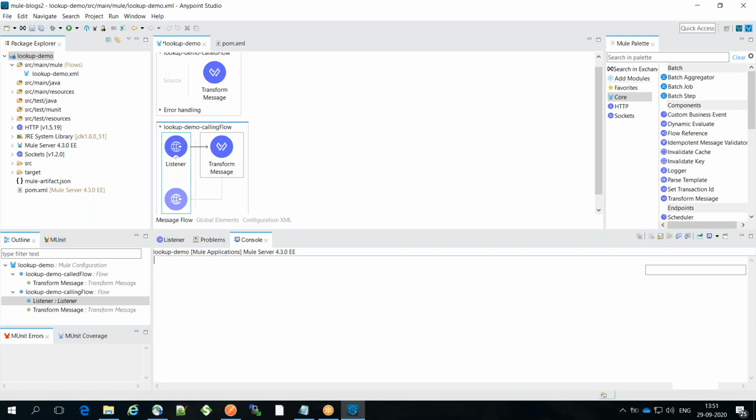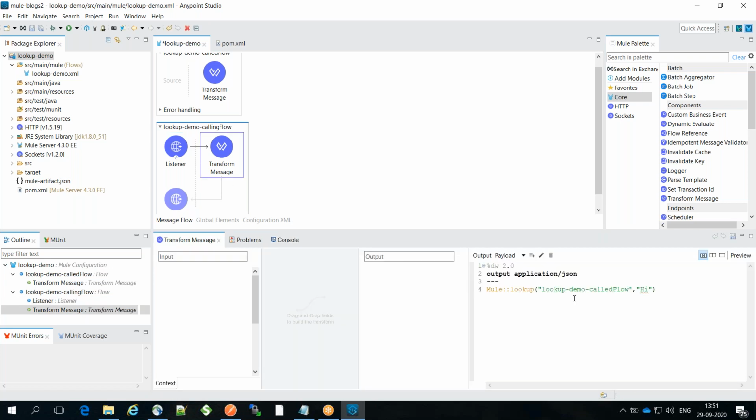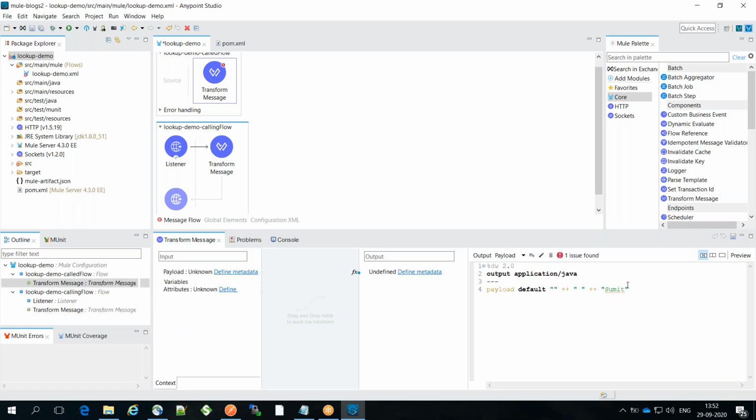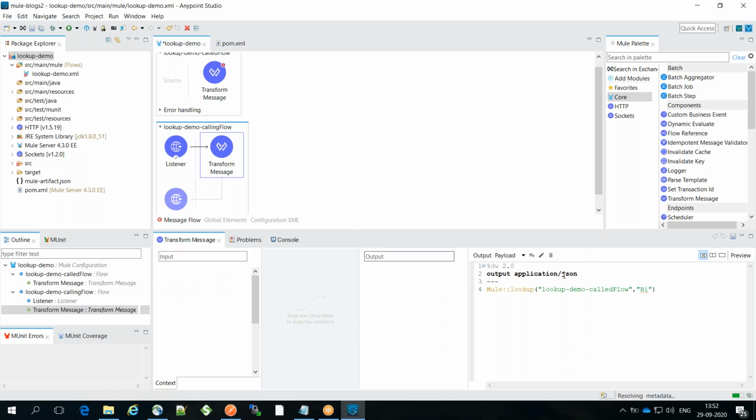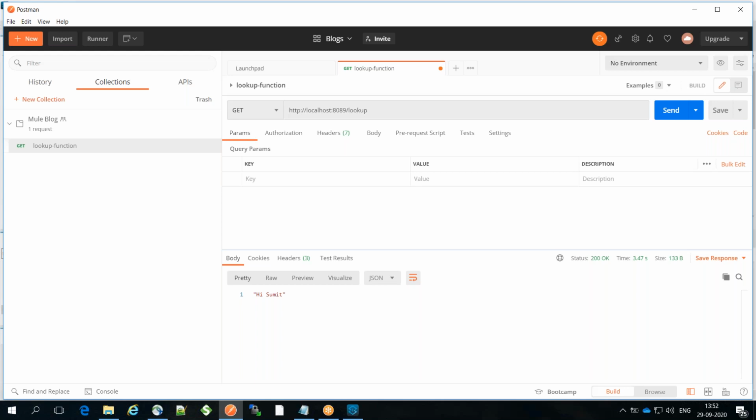As you see here in the transform message, we were trying to call another flow by passing hi as a payload that was concatenated with a space and Sumit, and whatever is the final resultant payload we have in this called flow is returned back to the calling flow, and that same output is being returned as a JSON to the consumer who is calling this API. So we call this, we got hi Sumit, and it is working as expected.